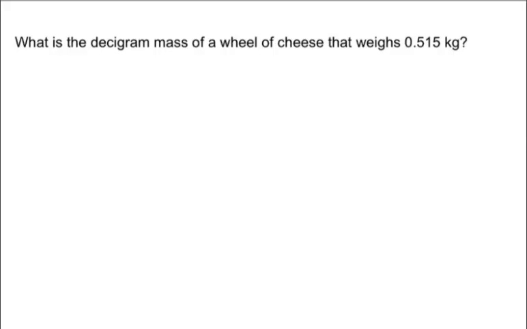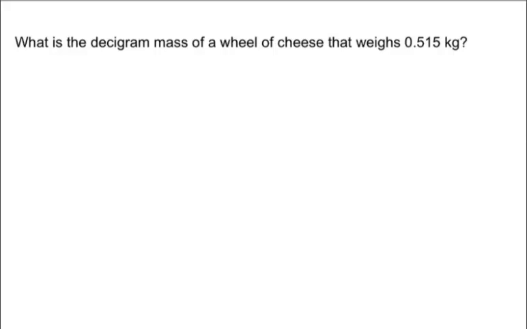It's from the textbook. It says, what is the decigram mass of a wheel of cheese that weighs 0.515 kilograms? So we're just going to convert from kilograms to decigrams. So this is just a metric conversion. The amount of units in each of those is up to you to memorize, how many decigrams are in a kilogram and so on. But just to show you how this would work, we're going to take what we call